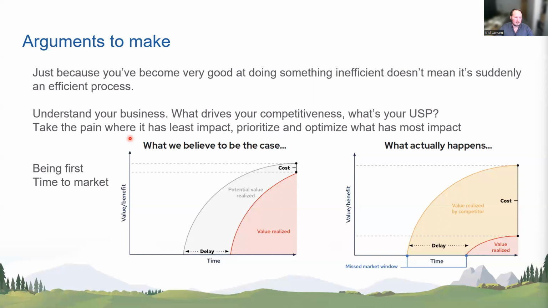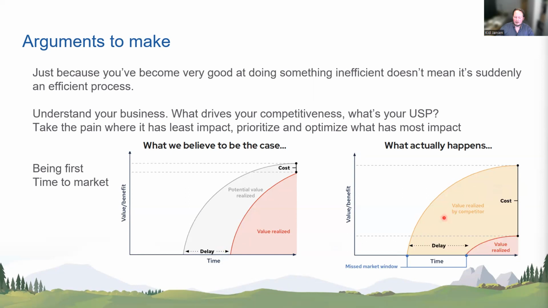Another very strong business case is that if you leverage out-of-the-box functionality, like the out-of-the-box functionality from Sales Cloud, Service Cloud, AppExchange solutions, add-on solutions, you can get a much faster time to market. And the strong argument here is that it's not just about a delay. If you can really be first with something, like you know that you are working on something, maybe a new offering, but you also know your competitors are also working on that. If you can beat them by 3 months, 6 months, maybe even more, by using standard functionality, then the value you're going to realize will be close to the full potential, but their value is much lower because you already